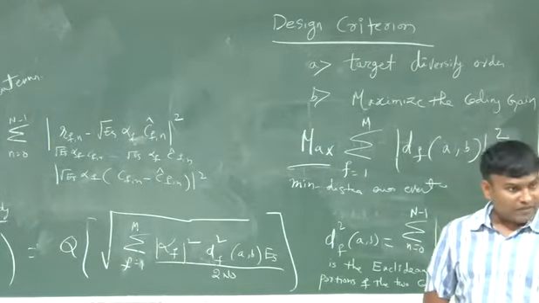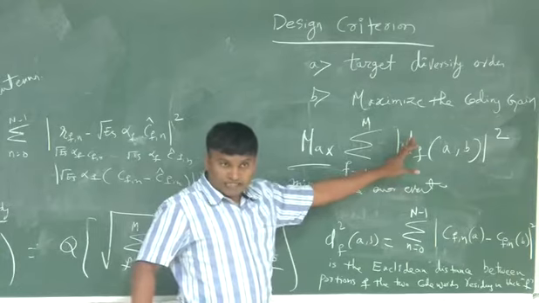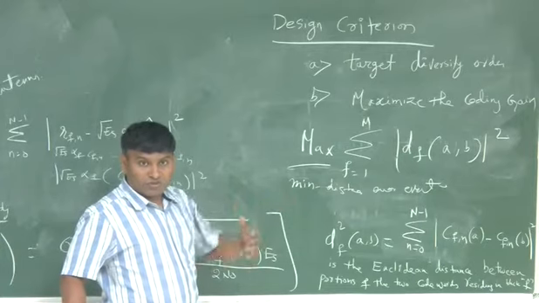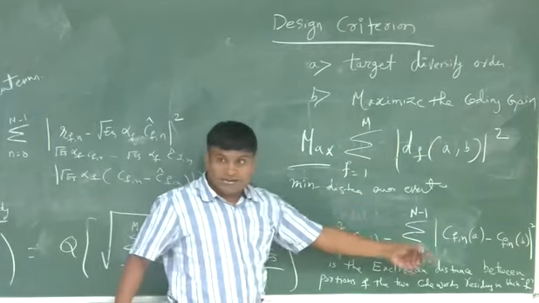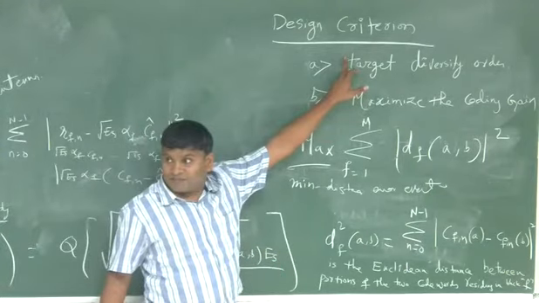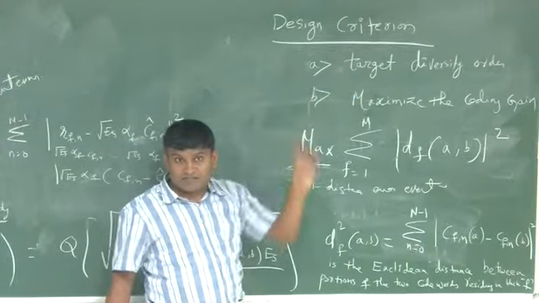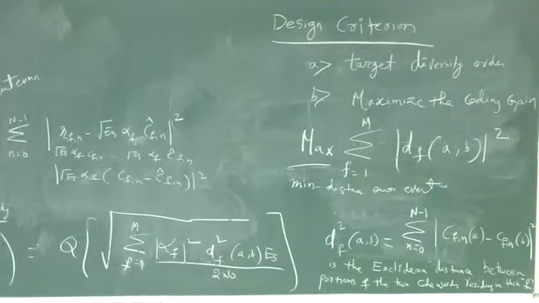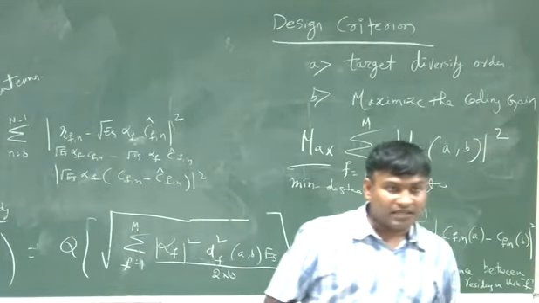For a given code, the free Euclidean distance, that is without the fading state, you want to maximize this. And then you want to distribute this as equally as possible between the fading states. So you should start with first maximizing with this, then make sure that it is split as equally as possible between all the fading states. And then at the same time, you want to make sure that you see at least one non-zero distance in a given fading block. You have to satisfy these three things. That's how to construct the code. But I am not going to tell you how to construct the code. This is just the design criteria.